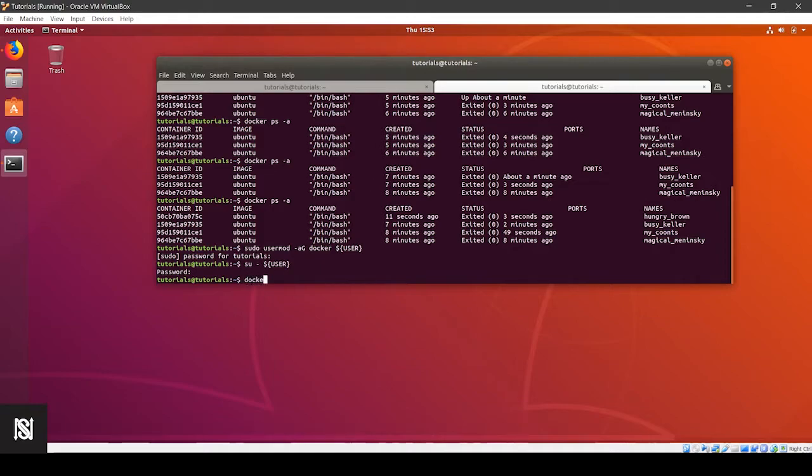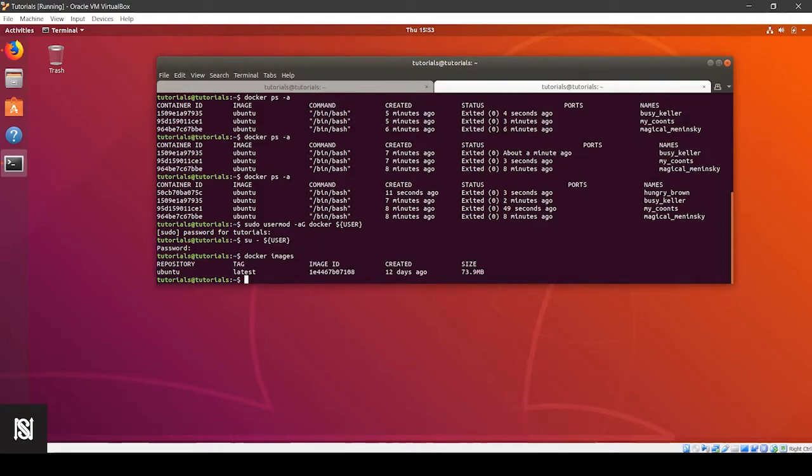So first, to see the images, we can do a docker images. You will see that I have the latest Ubuntu image, which is a size of 73.9 MB. And if you remember, when you downloaded the Ubuntu ISO, it will be around 1 GB or so more. So if you think about it, this is a very light version of Ubuntu. It has only the bare minimums and you will have to install everything you want. But that's actually the best part, because you only have the things which you need, hence making it smaller.